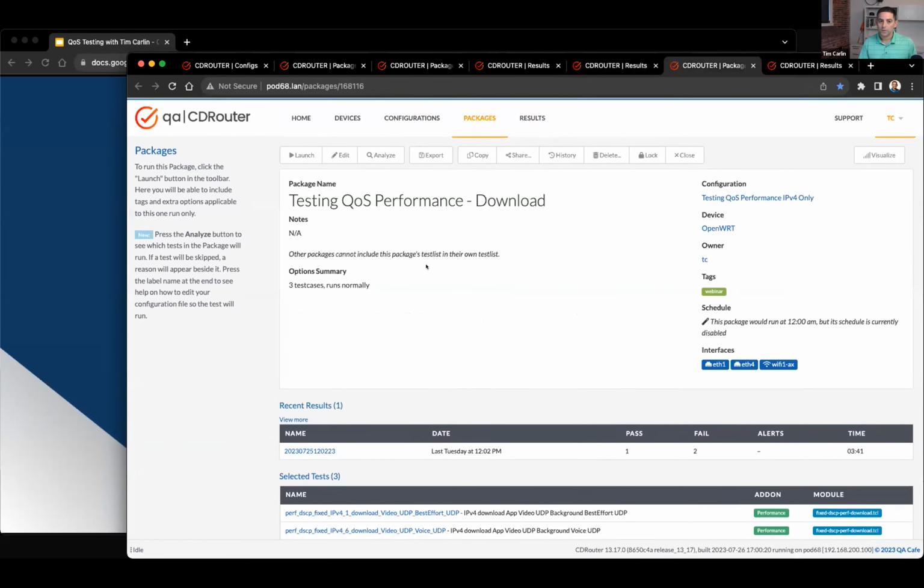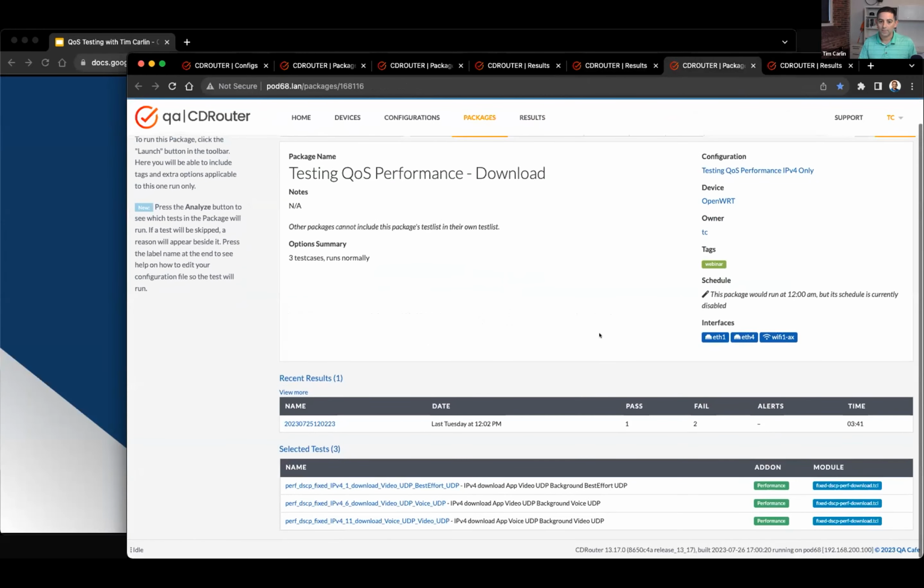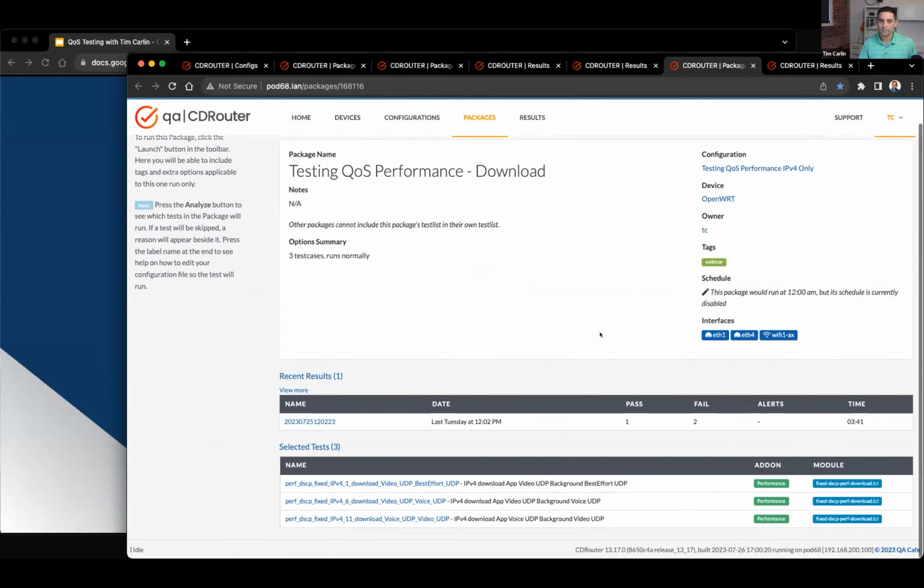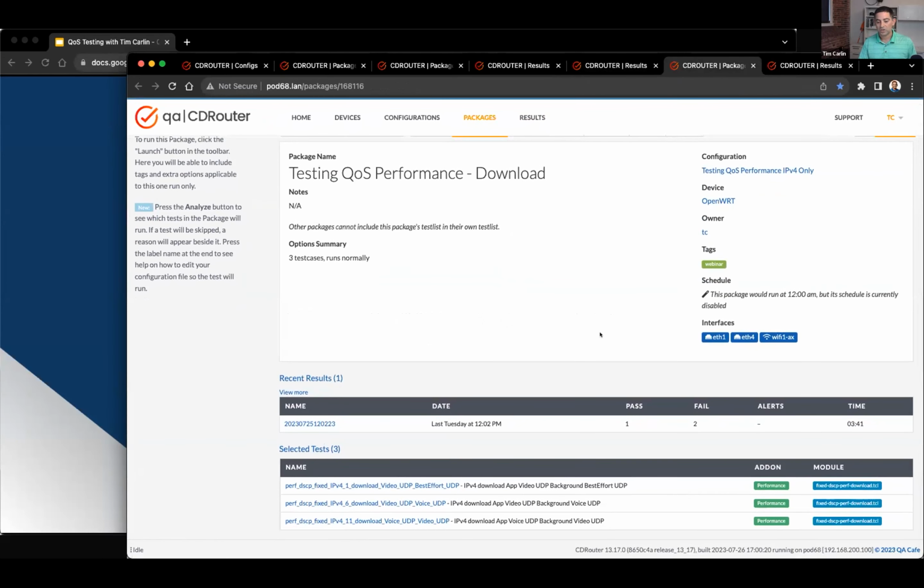So one more thing I wanted to point out here. I mentioned earlier in terms of there only being congestion in a single direction. The reason for that is that if a device, in this case in the download direction, is generating a gigabit per second of traffic on the WAN, you have a lot of LAN ports to divide that traffic among, and that LAN port can't run faster than a gigabit, which is equal to the speed of any of our LAN ports. So in the download direction, there isn't actually going to be a whole lot of congestion here,